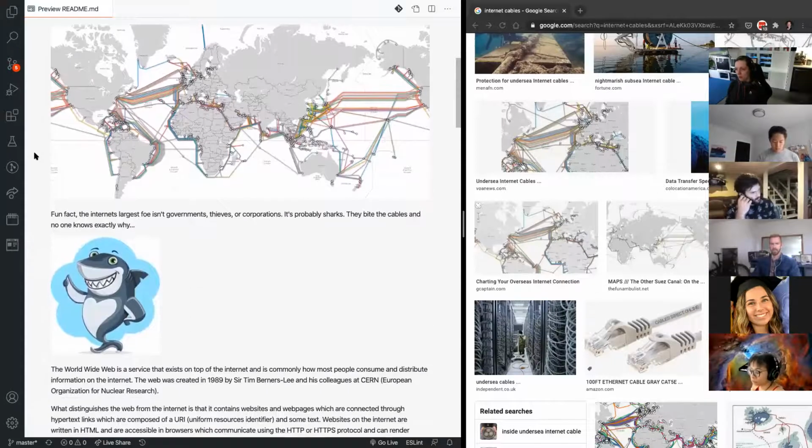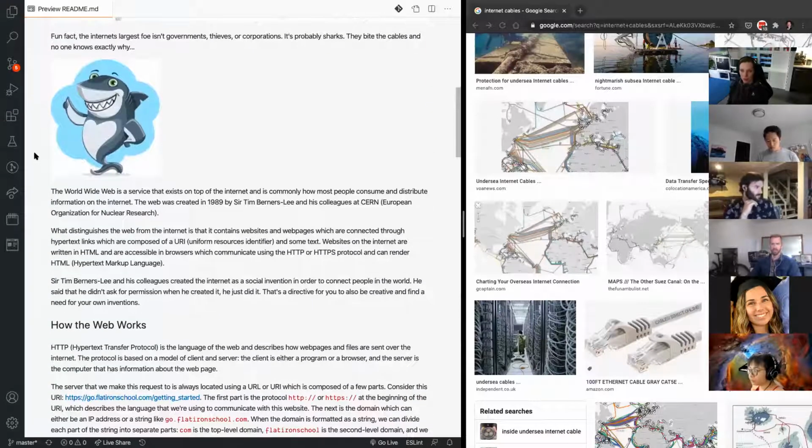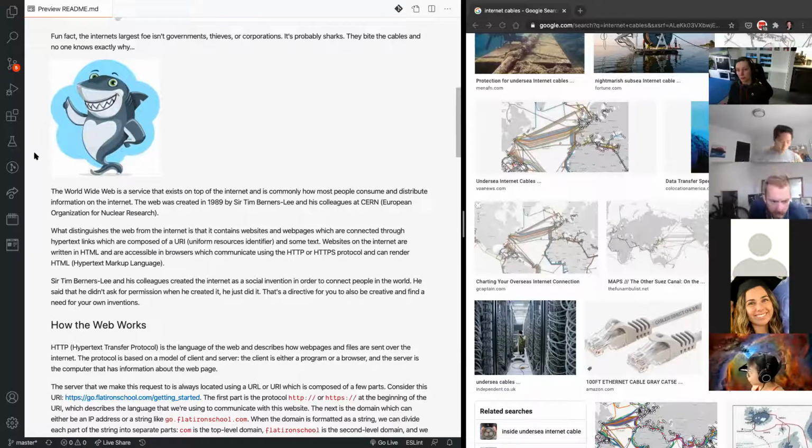Cool. All right, so the thing that we pretty much use all day is, I mean, we use the internet, but more specifically the web, right? The web is something that is built on top of the internet, and it is there for us to be able to consume and distribute information on the internet.